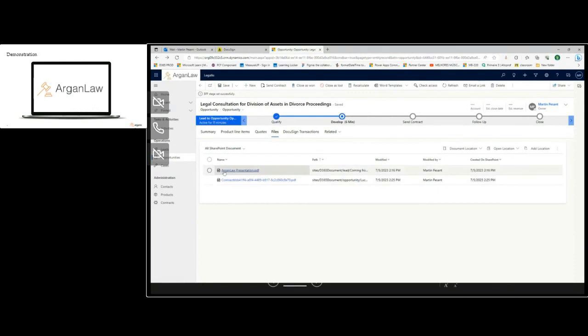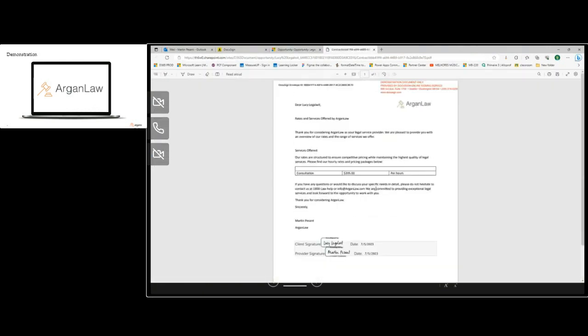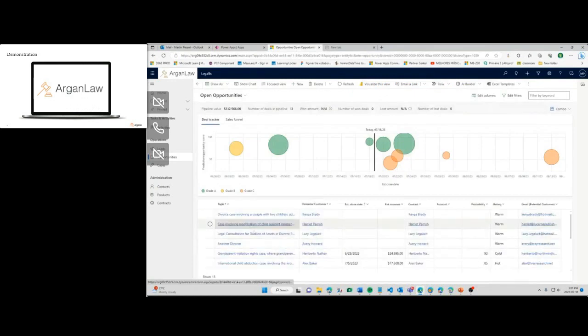And I had documents previously, so we can see all the documents are over here, and it even tells you where the document came from. And if we click on it, the document is here. So I didn't have to do anything. I didn't have to go to DocuSign to take a look at the document. I didn't have to build this Word template or modify it, right? Everything comes from D365.